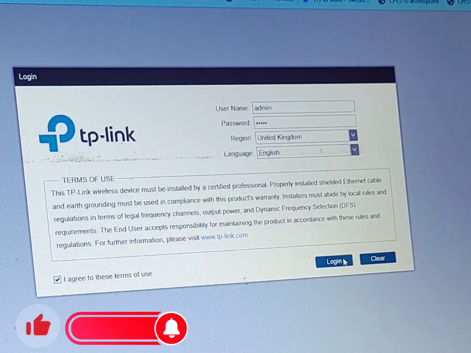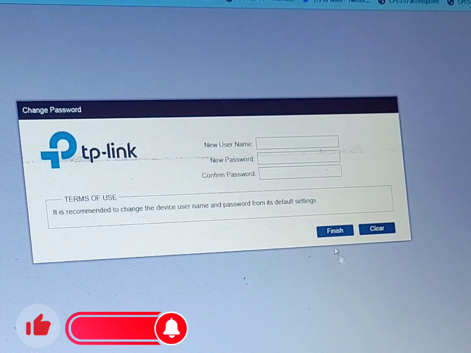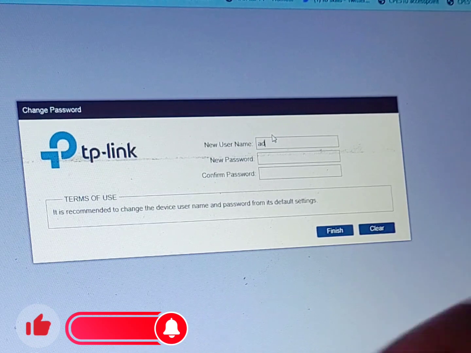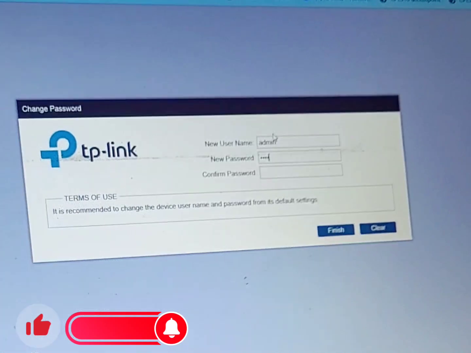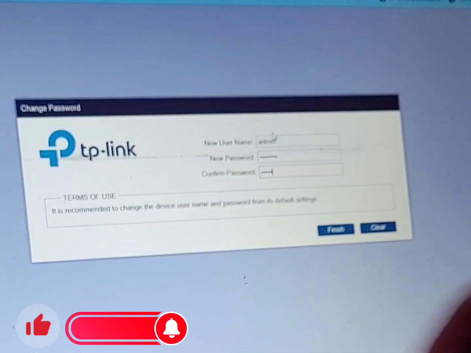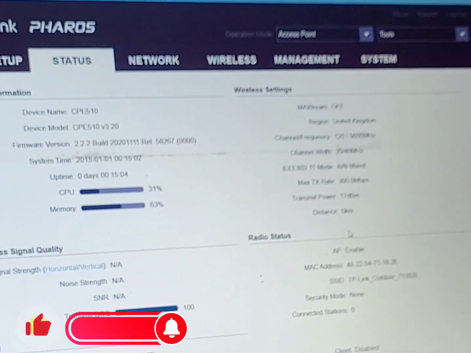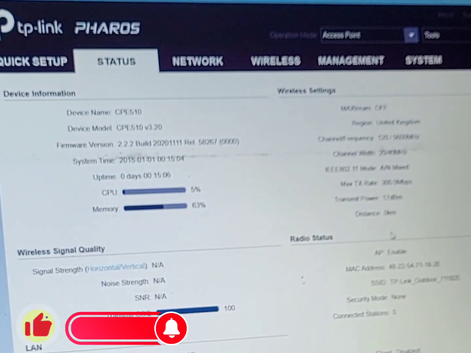It then brings you to create a password for this access point. The username will be admin. For the new password, I'll use a simple password. Then finish. So after that, you will be in the access point. So what you do here,